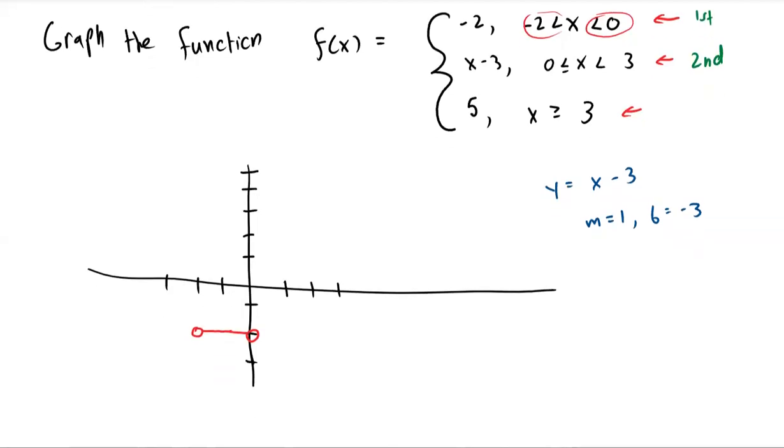So I'm going to start here. Since 0 is included, because of the less than or equal to, I'm going to draw this as a filled-in circle. So I have the point 0, -3. Since x equals 0 is included in the domain, we draw a closed circle. Now from that, afterwards, you just use the slope. So remember, I told you that if you have a whole number like 1,